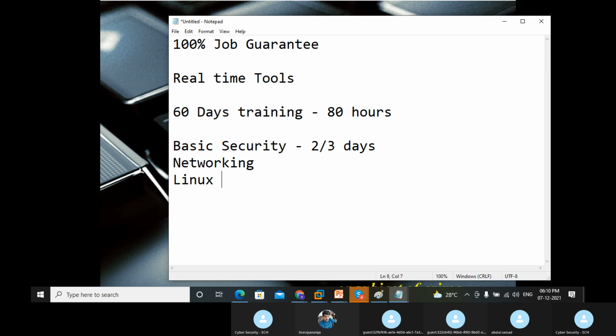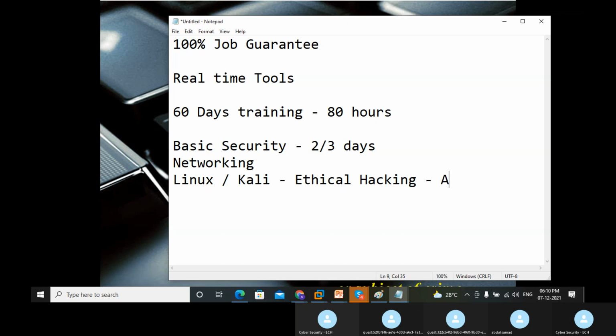You will learn about Linux and all its add-ons. Here we are going to use Linux as Kali. This is the process we call ethical hacking, so you will learn advanced ethical hacking. In short we call this AEHC, the advanced ethical hacking course.